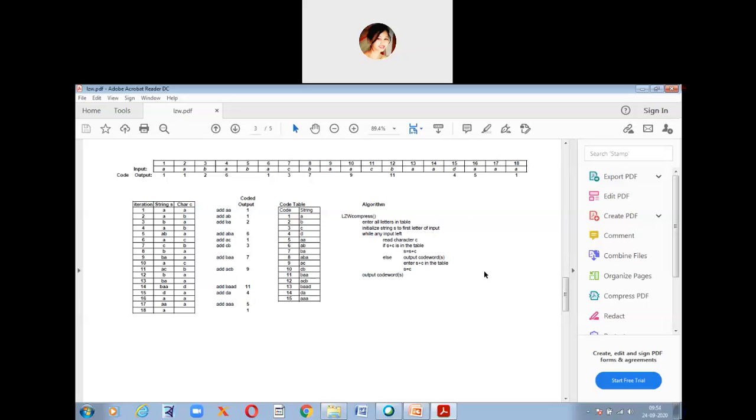And this is the code table. This is already given here. You don't have to look at this. You just have to consider this algorithm, and step by step, when you consider this algorithm, place the values in that way. The LZW algorithm is very interesting. It is also very easy to use, and it is a very efficient lossless compression technique.